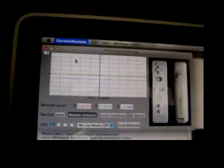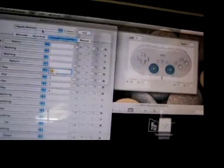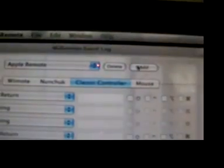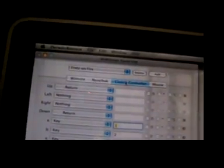Then you go to the top and go to preferences, and for Frets on Fire, it's gonna start saying Apple Remote right there, so you have to go to add, and then you can call it Frets on Fire, and then another thing would come up, and you click on classic controller. It should already be on there, and I already have it on here, so it's already done. But